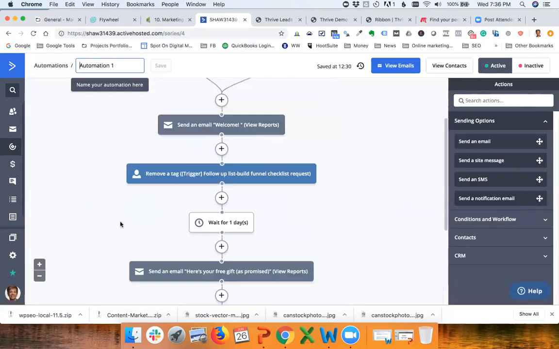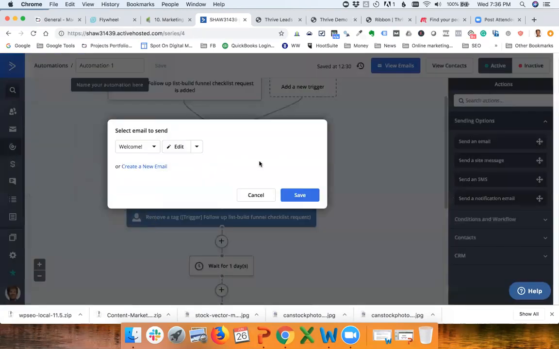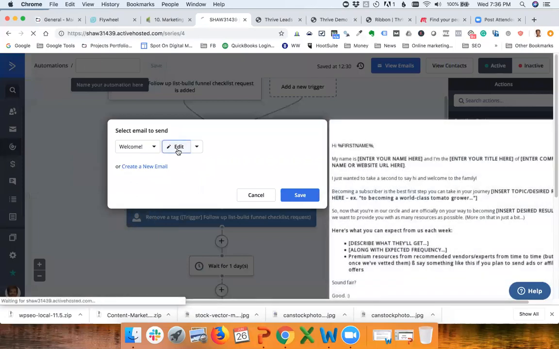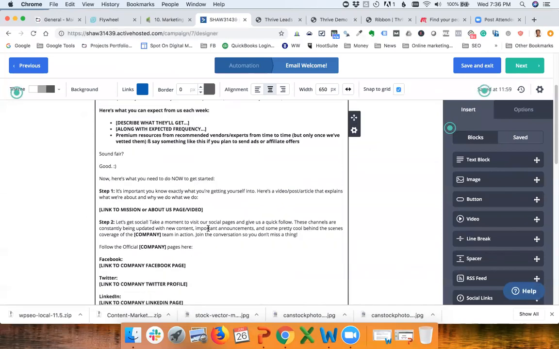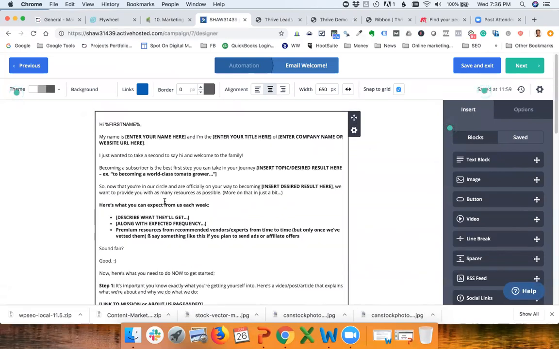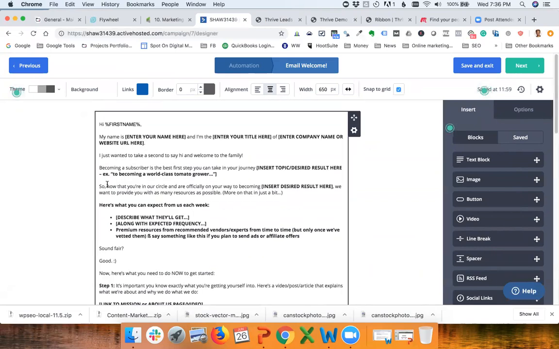This is the very same structure, although I'm sending an email here and then removing the tag. So this is the one thing that is a bit weird with ActiveCampaign. You have to click and then edit. So I'm using here, this is just for example, a template that comes from the Digital Marketer Lab,